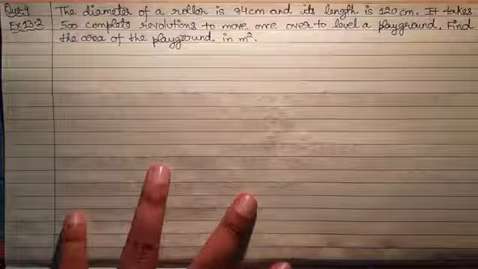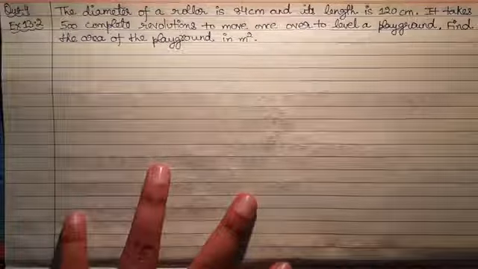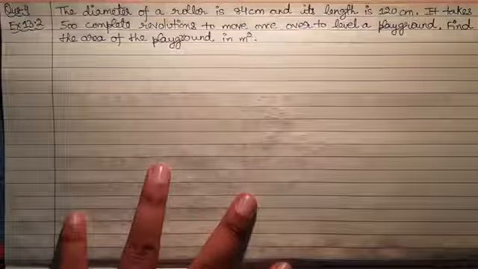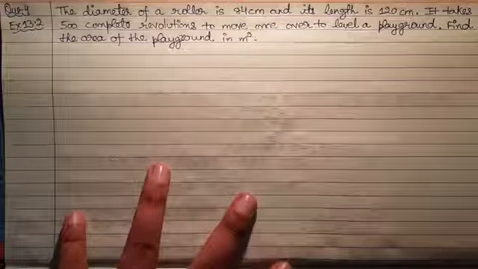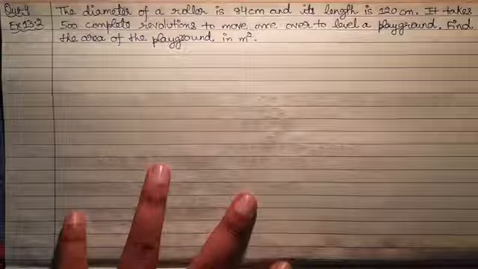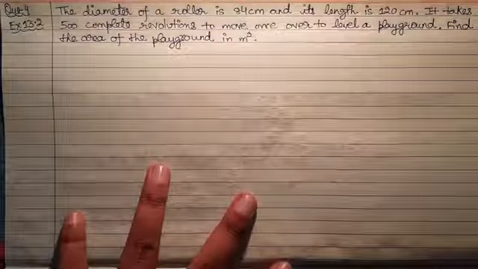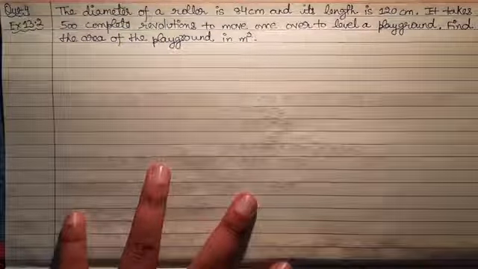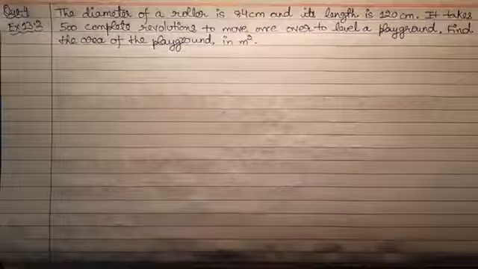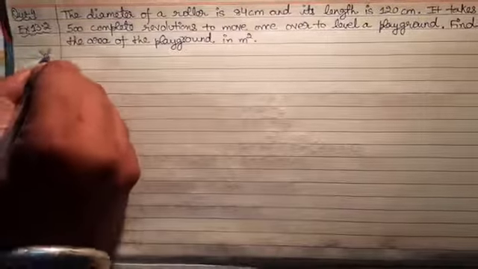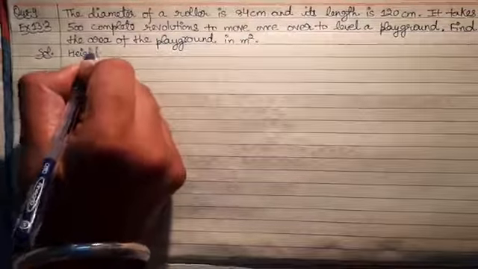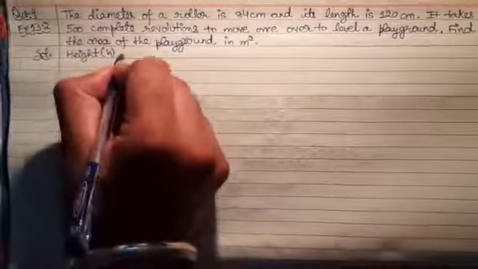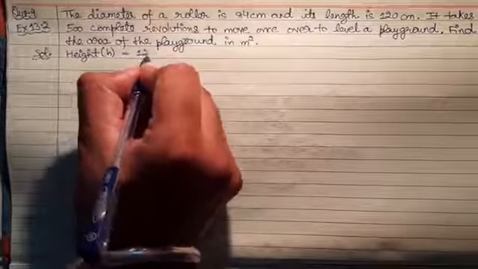Question number 4, exercise 13.2. The diameter of a roller is 84 centimeter and its length is 120 centimeter. It takes 500 complete revolutions to move once over to level a playground. Find the area of the playground in meter square. In this question, height of the roller is 120 centimeter